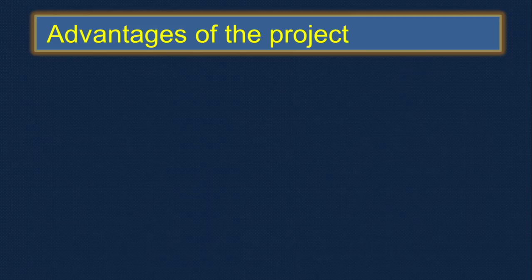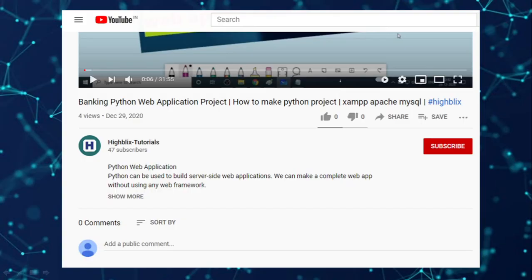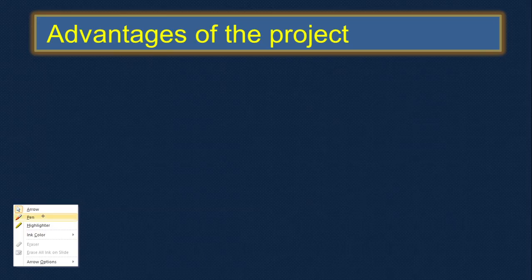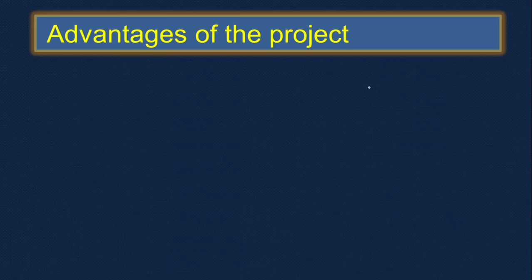Next are the advantages of the project. When you're doing a project, you need to specify the advantages. What are the advantages from this? Assume that this book distributor doesn't have the software, so the distributor has to manage manually. Now we can provide software. This software will help them make things easier, and therefore a smooth operation.